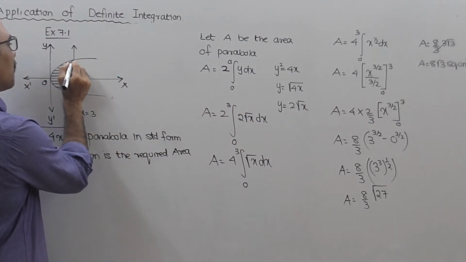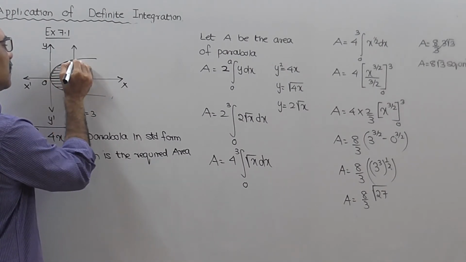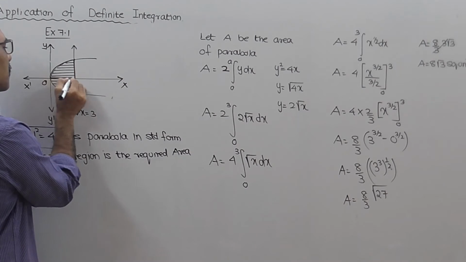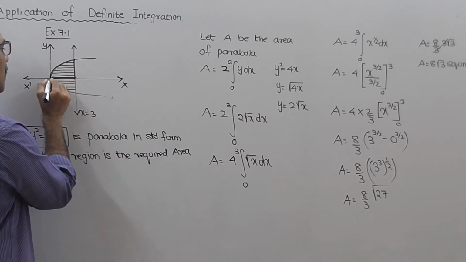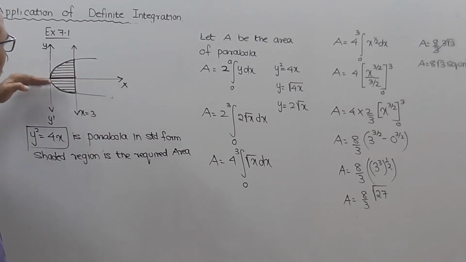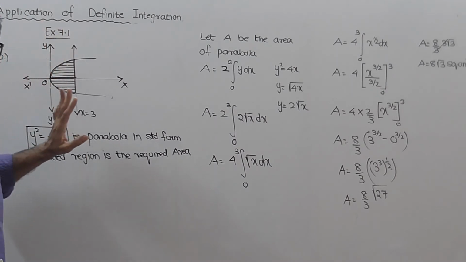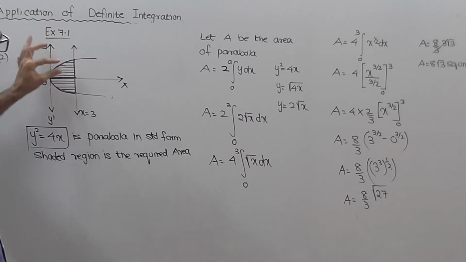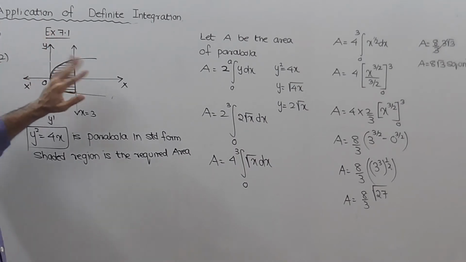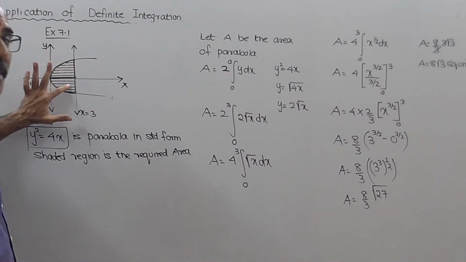See, you are finding the area of a curve. This part is one curve, and this part is another curve. The x-axis makes the curve symmetrical. That means if the area of the upper part is 4, then the area of the lower part will also be 4. So you have one choice of finding the area of this part separately and adding. Since it is symmetrical, if the area of this is suppose 5, then this will also be 5.